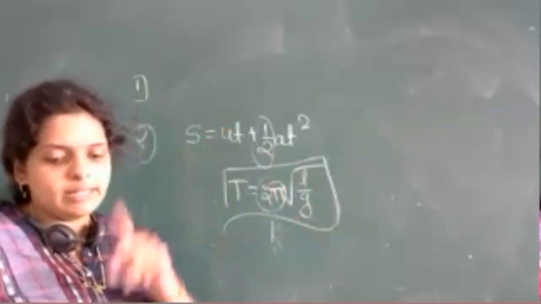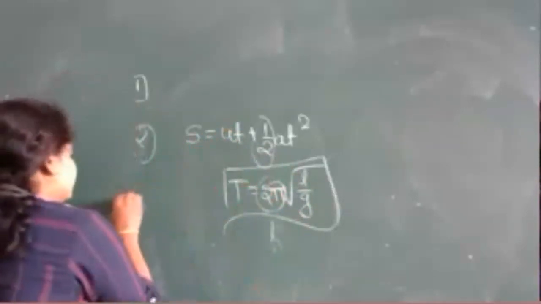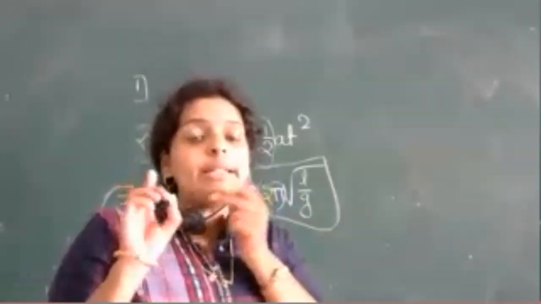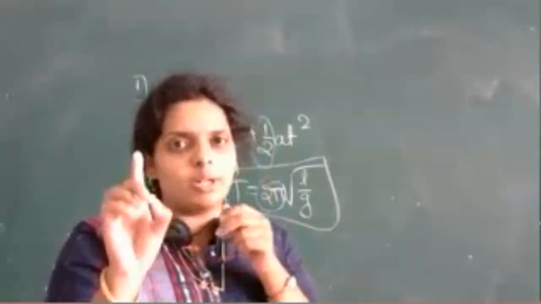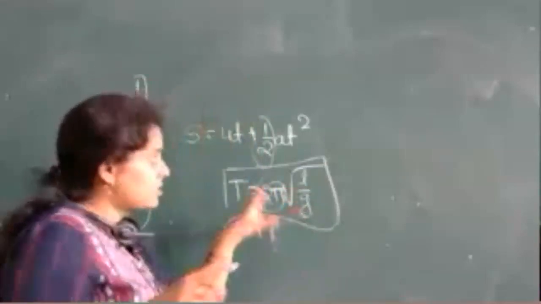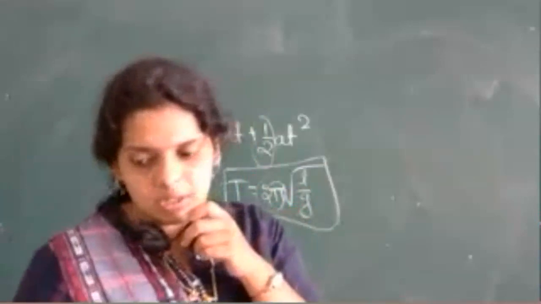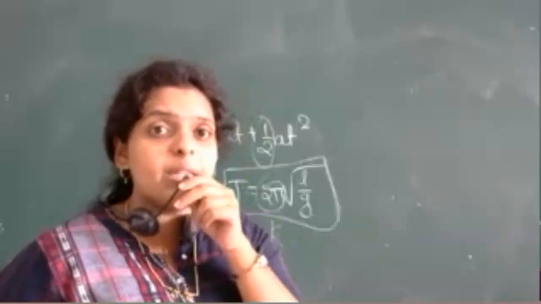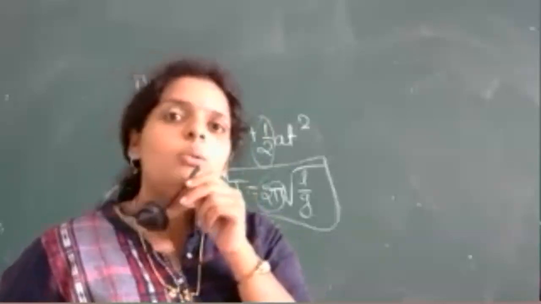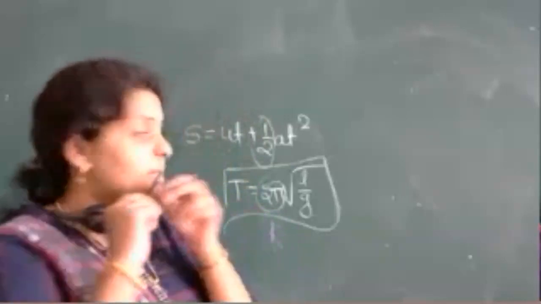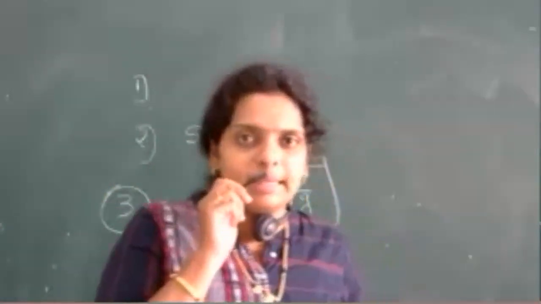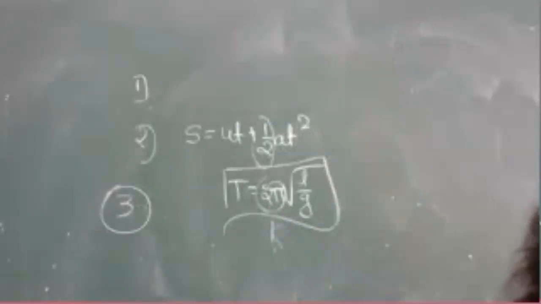Then the third one: we cannot derive any relations other than products. Suppose I have an equation like this, you can derive the relation, because the fifth application is that we can derive new relations. But only if the relation is in the form of a product can you derive it. If it is in the form of addition or subtraction, you cannot use the dimension analysis method. This is the third limitation of dimension analysis.